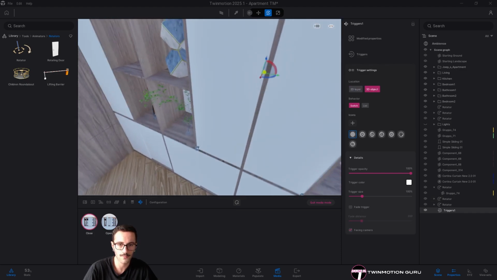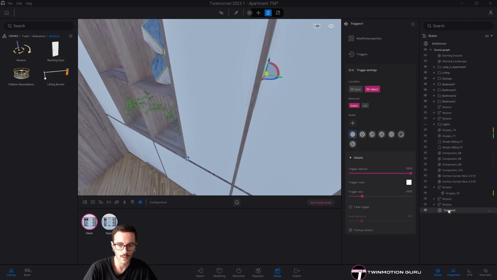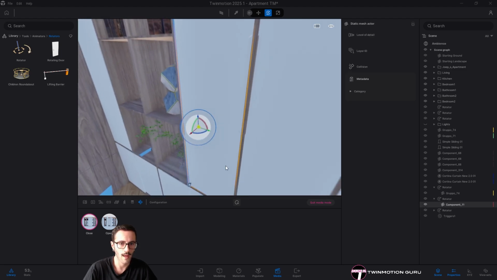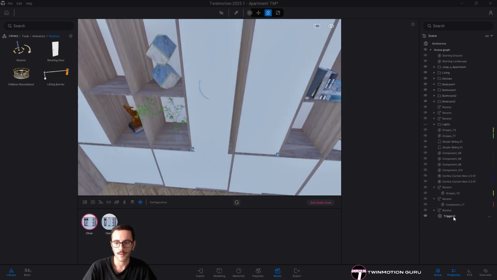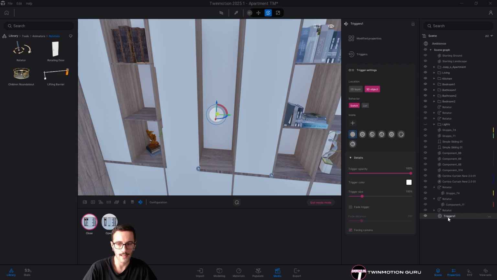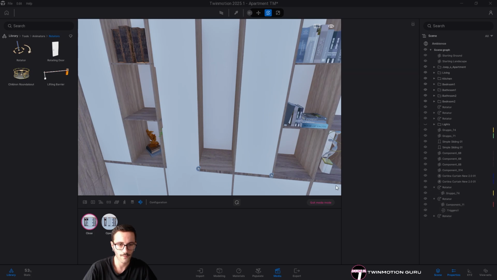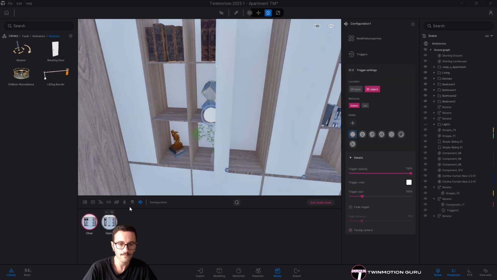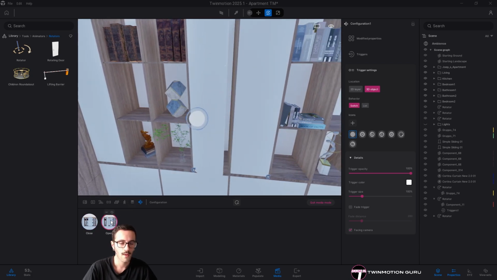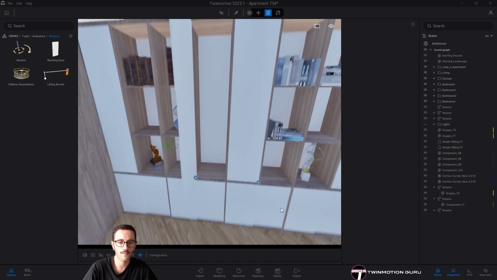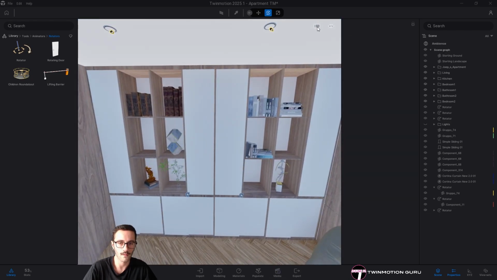Okay, so here applies the exact same thing as seen a moment ago. I'm creating a 3D object, a trigger object will be displayed inside the scene graph, and I can of course move it around the scene. Okay, but what happens now if I put the trigger inside the rotator? Of course, the trigger will follow the rotator properties.